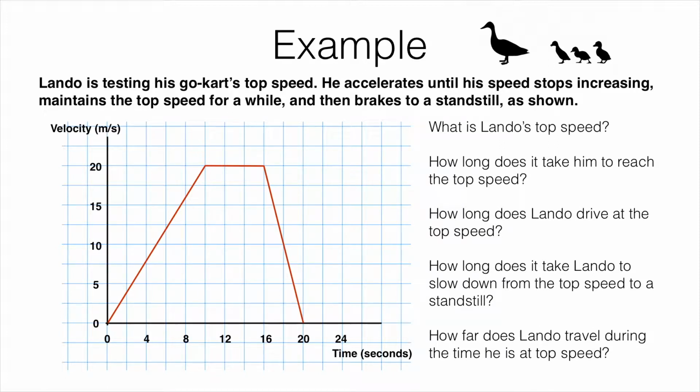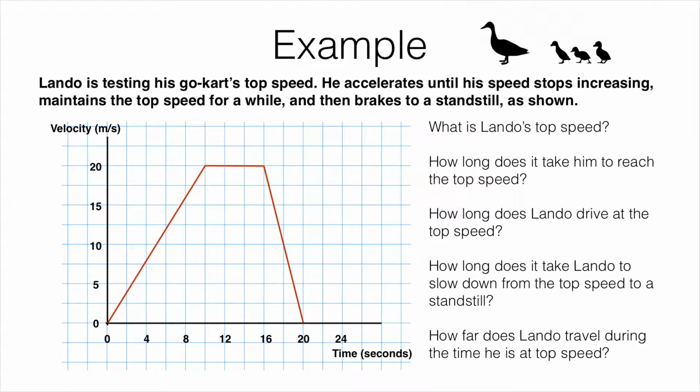For example, on a distance time graph, we saw that flat sections of the graph correspond to the person or the object being completely still. That's not true anymore, as we'll see when we go through this example. Lando is testing his go-kart's top speed. He accelerates until his speed stops increasing, so it stops going up. Then he maintains the top speed for a while, and then he brakes to a standstill, as shown in this